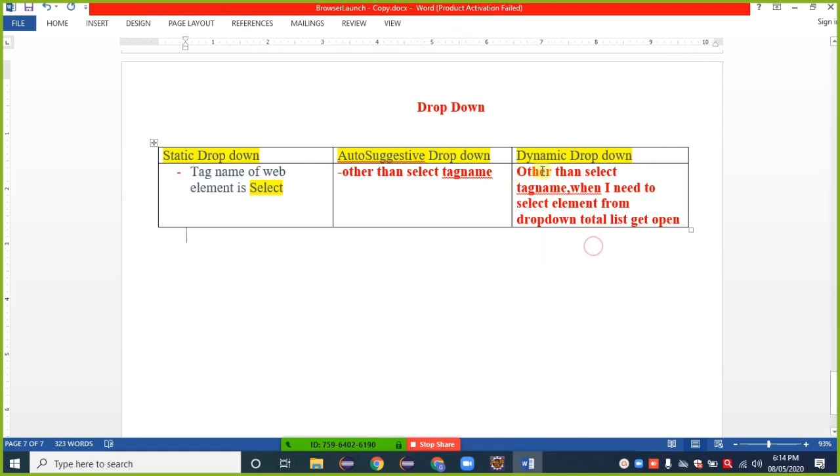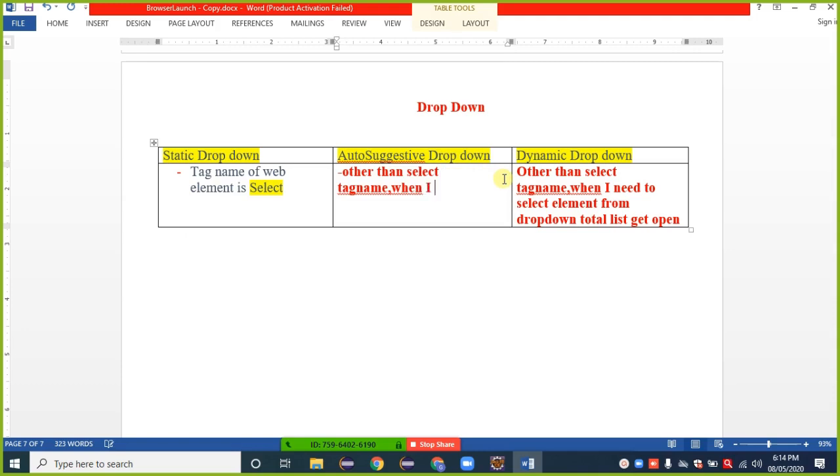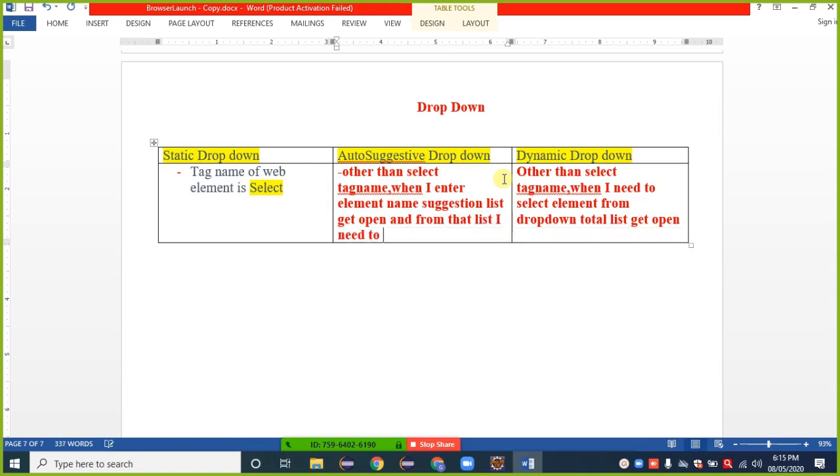That is called a dynamic drop down. And in an auto suggestive drop down, the tag name is other than select, and when I enter an element name, a suggestion list gets open, and from that list I need to select the required element.